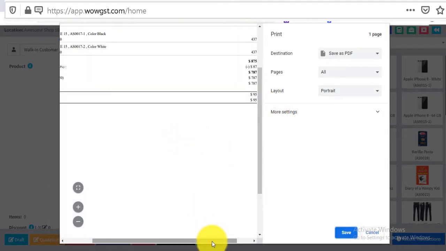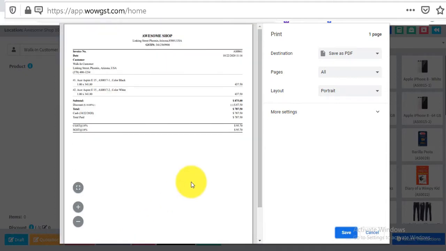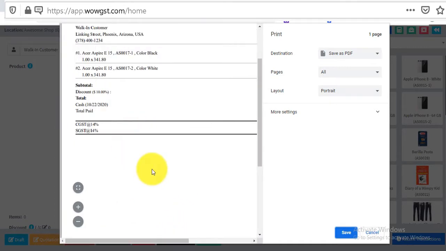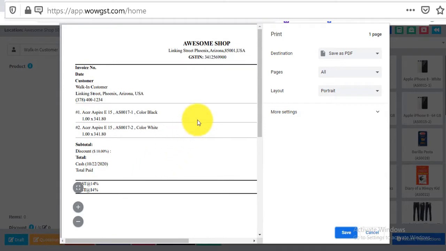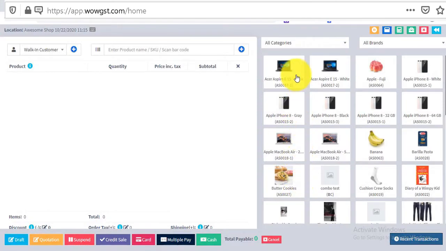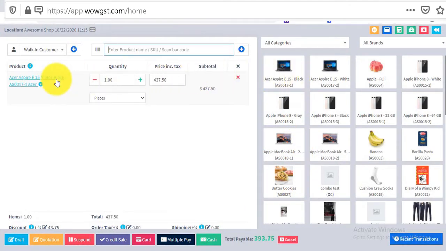If you print it in a thermal printer, then it will look very beautiful, and it will look like a very clear invoice as compared to our Slim invoice. The Slim 2 invoice will look very clear in the thermal print, in an 80 page print. Another thing, if I am clicking on any other product, here